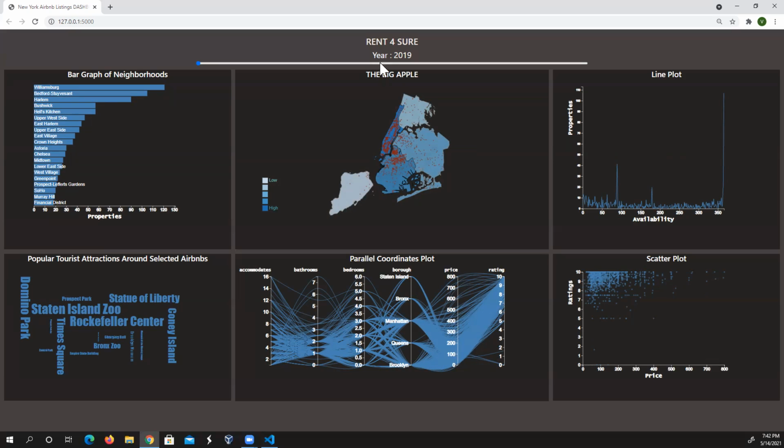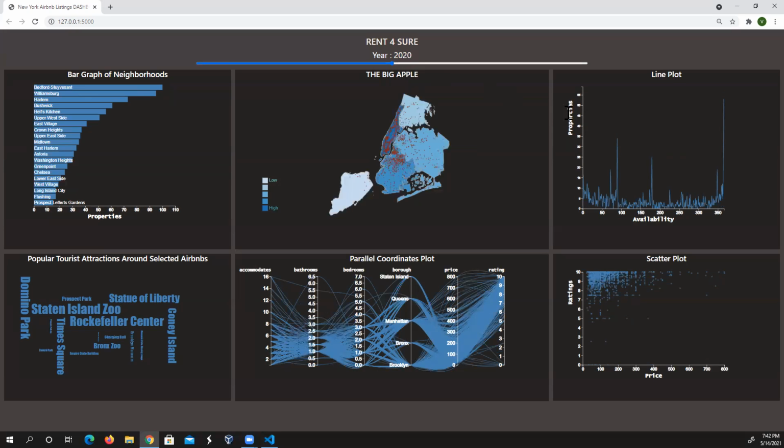Also, there was one more interesting thing that we saw. As Vivek had told you earlier, the line plot talks about the demand of a property. If there is a property somewhere close to zero, it means that that property was available for 0 days in the last 1 year, which is a very high demand property. Whereas if something is available for, let's say, 365 days, it means that it was available throughout the year, so it signifies low demand.